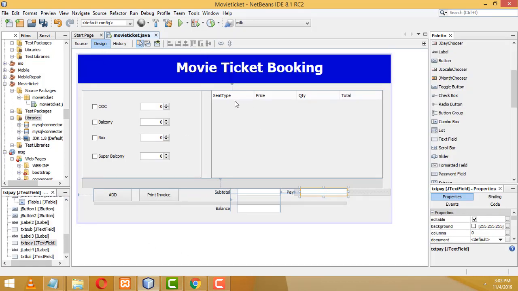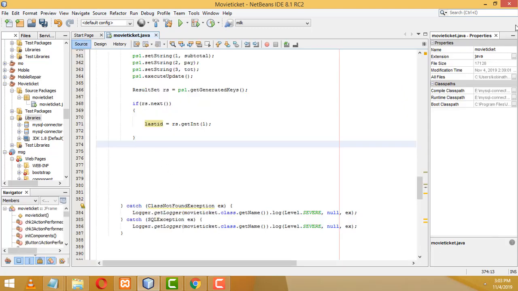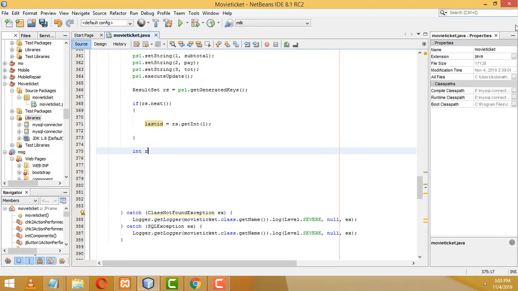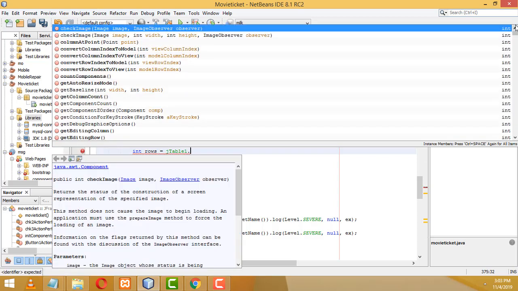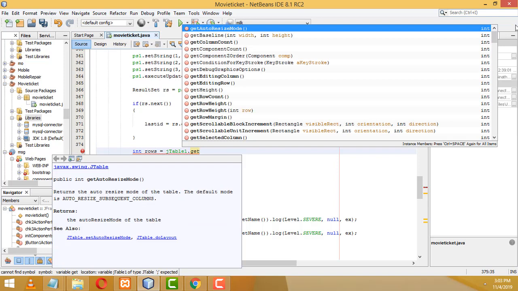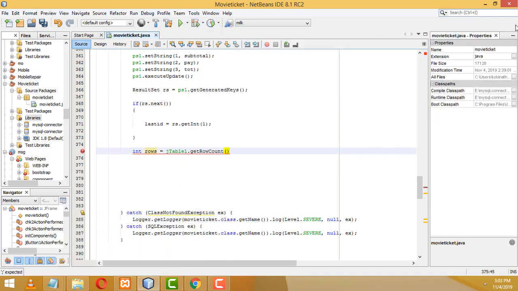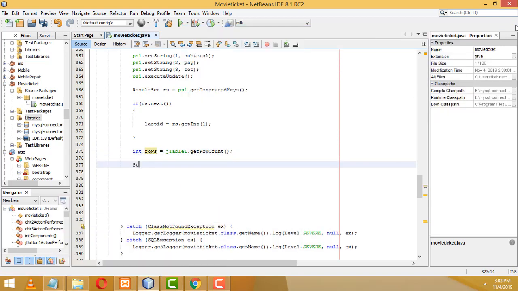JTable values, this table. The data added in this table, we have to store in the database. So you have to write here: int rows equals jTable1.getRowCount(). Here we have to write String query1 equals, here we have to write insert into